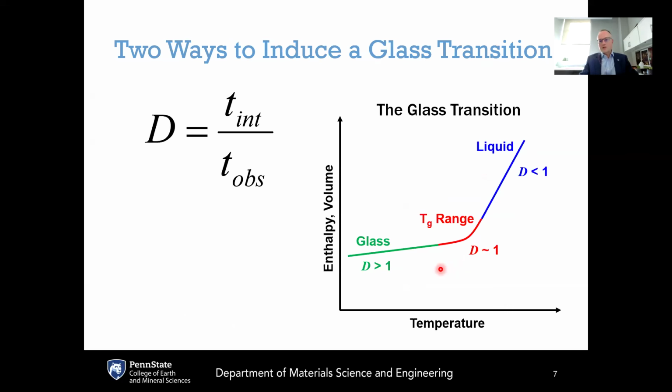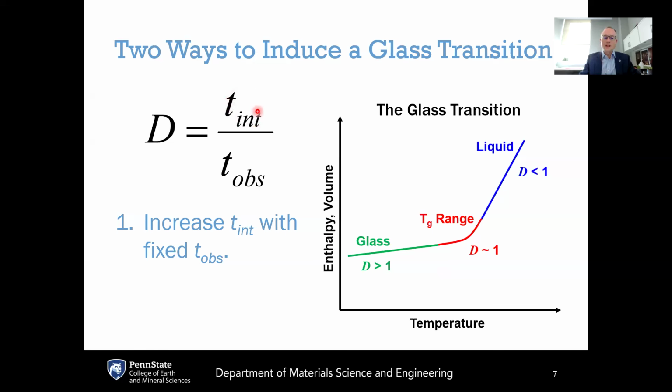The other thing that's interesting to note, from both a physics and more of a philosophical point of view, about the Deborah number is that there are really two ways to induce a glass transition. If the glass transition is fundamentally where we undergo a transition of having a Deborah number of around 1, the conventional way of inducing that glass transition is to increase the numerator of the Deborah number while keeping a constant denominator. In other words, by lowering the temperature of a liquid, what we're doing is increasing the numerator